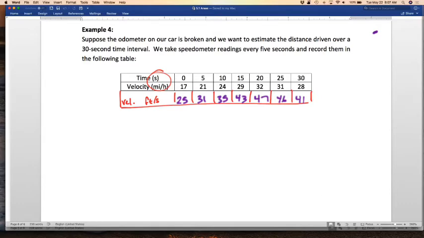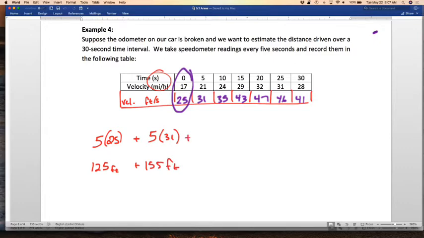Now, we can approach this two ways. The first way is to kind of operate under the assumption that for the first 5 seconds, you're running at roughly 25 feet per second. For the next 5 seconds, you're running at roughly 31 feet per second, and then 35. And so what we could do is we could say, for the first 5 seconds, I travel for 5 seconds at 25 feet per second. And so I get 125 feet. And then for the next 5 seconds, I travel at 31 feet per second, and I get 155 feet. And I could do this at each individual step,